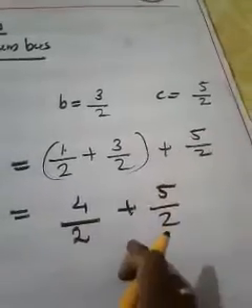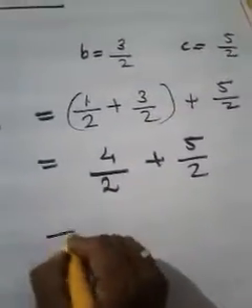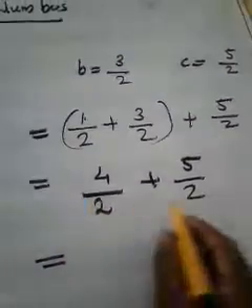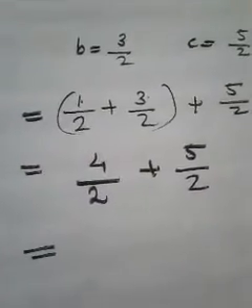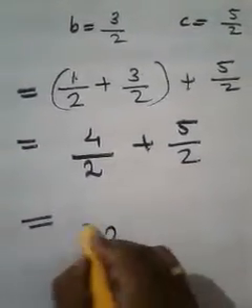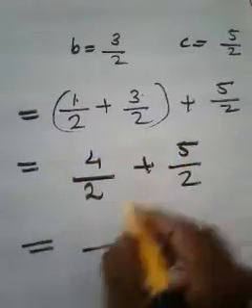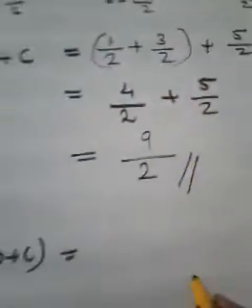Then you can write the next. Then you can consider the next thing. Okay. Then now you just see again the denominator becomes same. How to add two fractions with the denominator same? Just write the denominator as it is. What is 4 plus 5? 9. We got the result as 9 by 2.